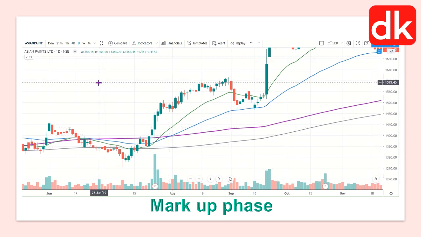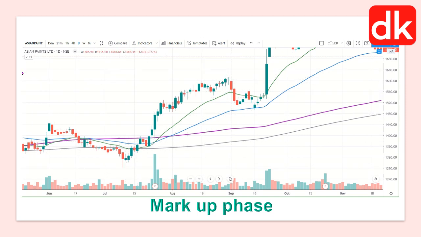And now friends, this is the volume. So what we are trying to combine, these are the moving averages. The blue color line is EMA 55 and the green color line is EMA 21. This one is SMA 144 and this one is SMA 233. We can see the slope of all the moving averages is moving upward, indicating the trend is bullish and the market is in a markup phase where it is making higher highs and higher lows kind of formation. So for the point of understanding, we are taking this particular impulsive wave.